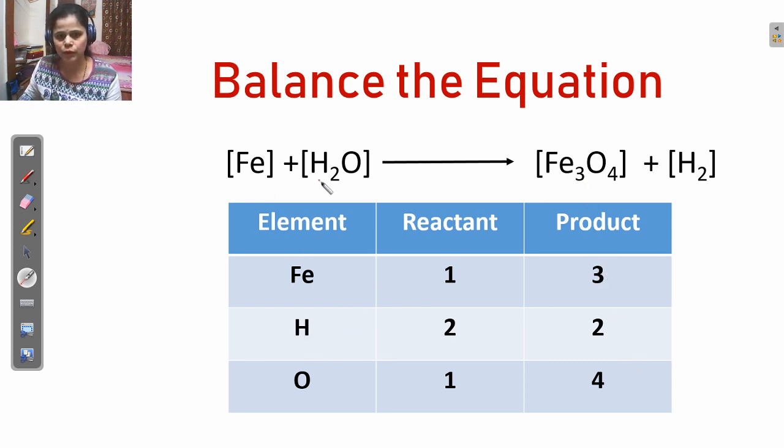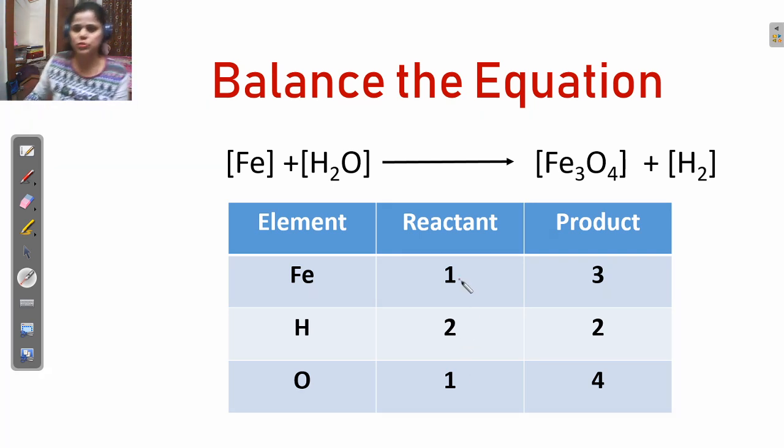Likewise, the hydrogen, the number of atoms of hydrogen, H2, that means the number of atoms in the reactant side is 2, and hydrogen in the product side is 2. So write down here 2. Okay, now oxygen, O1. That means the number of atoms of oxygen in the reactant side is 1, and here O4, that means 4. Now we have to balance these atoms, okay, to balance the whole equation.